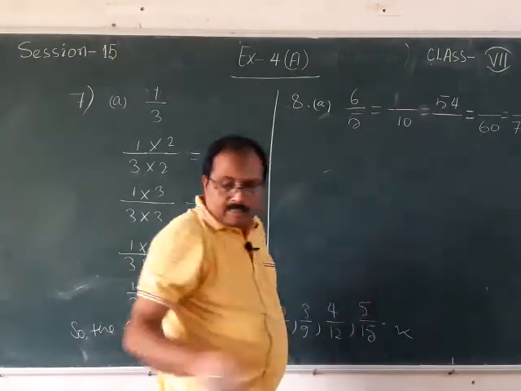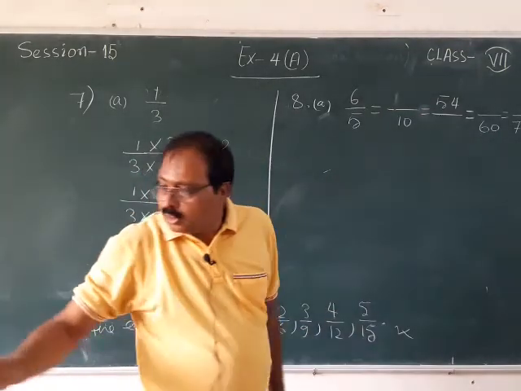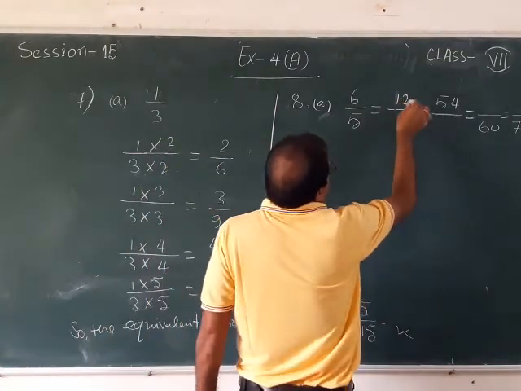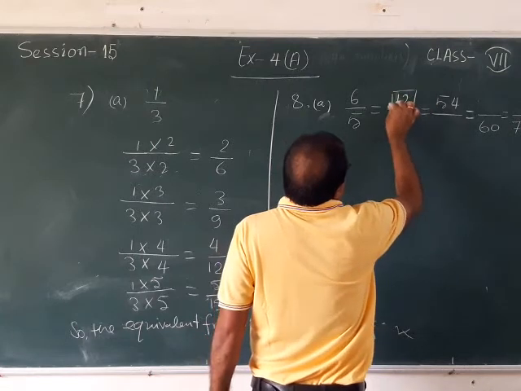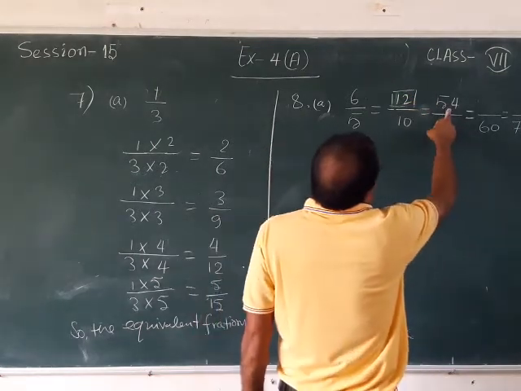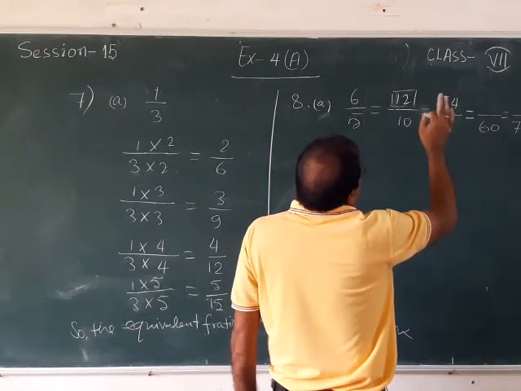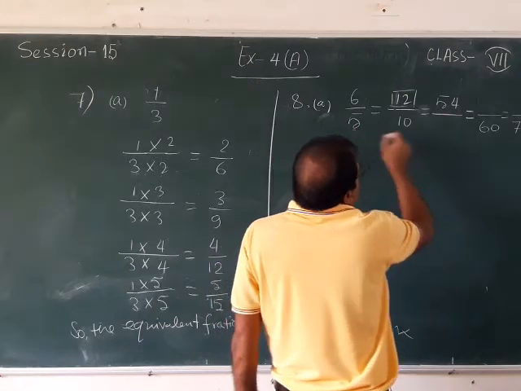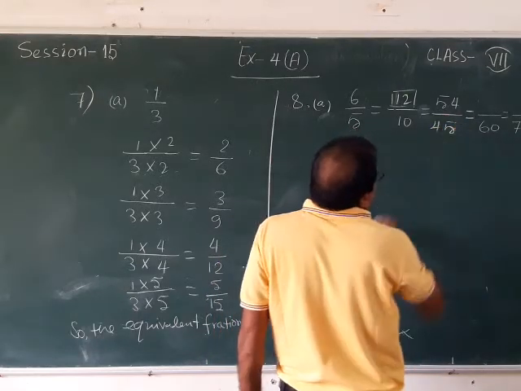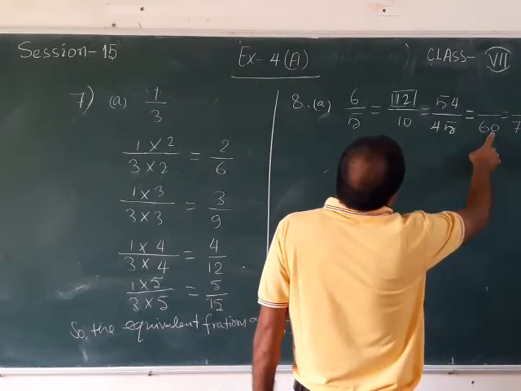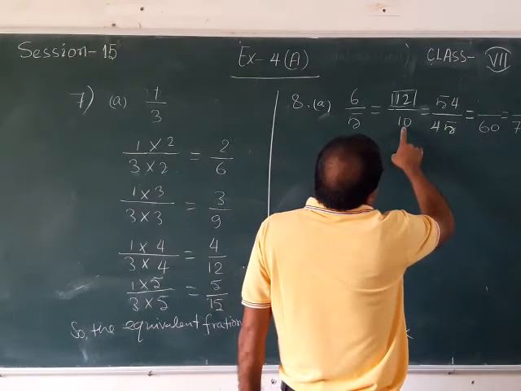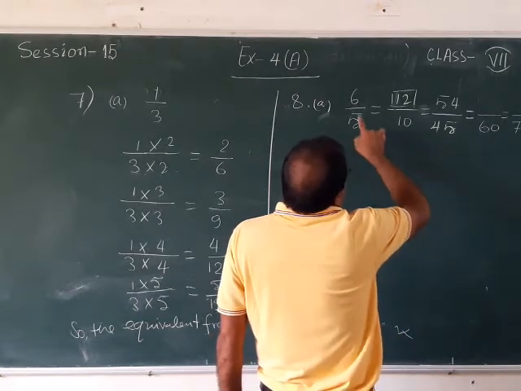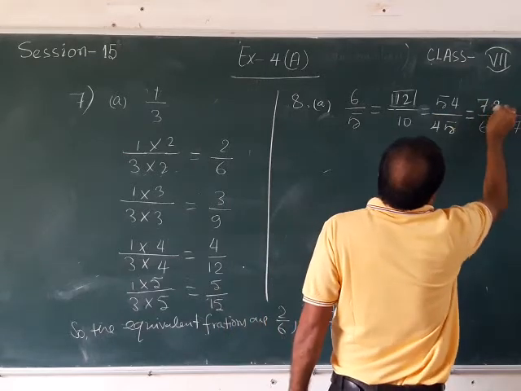Here if 6 is multiplied by 2, your answer will be how much? 5 2s are 10, then 6 2s are 12. So here it will be 12. Like that you can write your answer. Here you can see 54. 6 9s are 54, 6 multiplied by 9. So you can multiply 5 into 9, 9 5s are 45. So you can write here 45. Now here it is 60. 5 multiplied by 12, 12 5s are 60. So 12 6s are 72. I can write here 72.